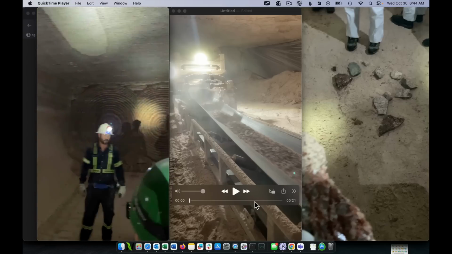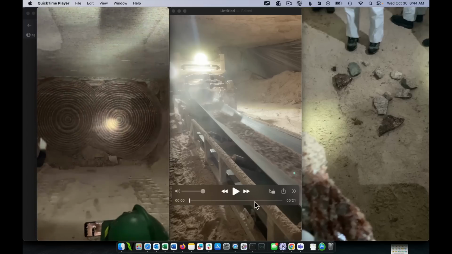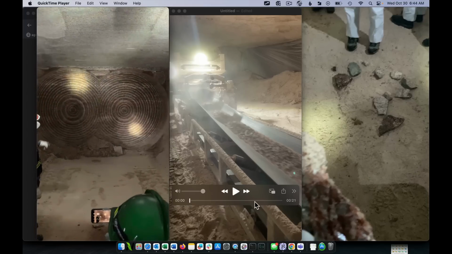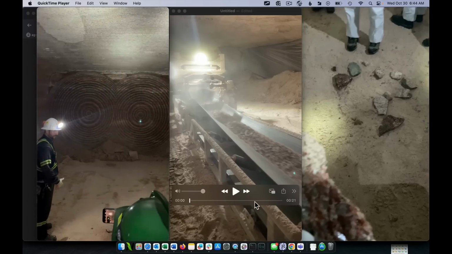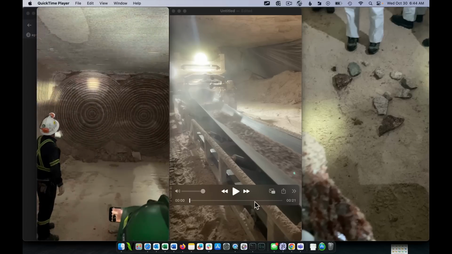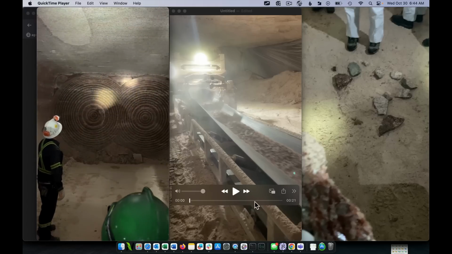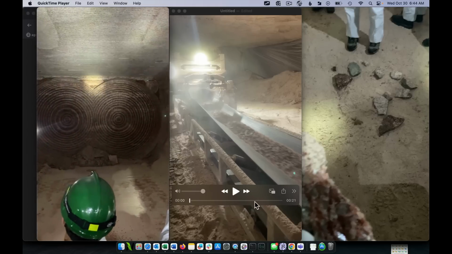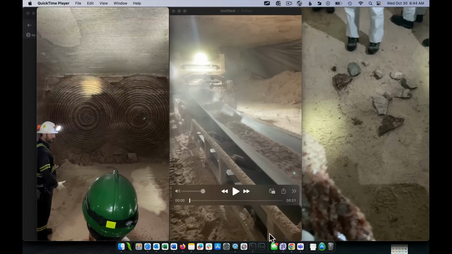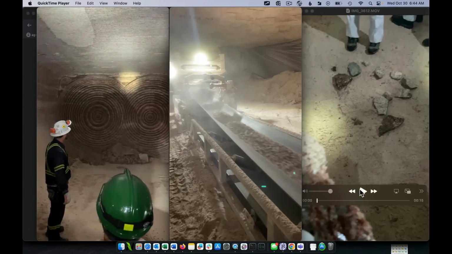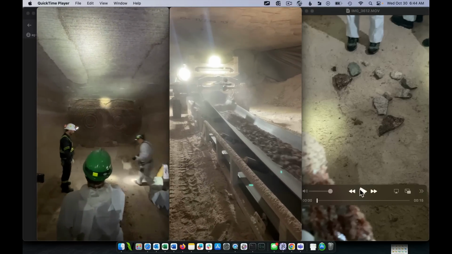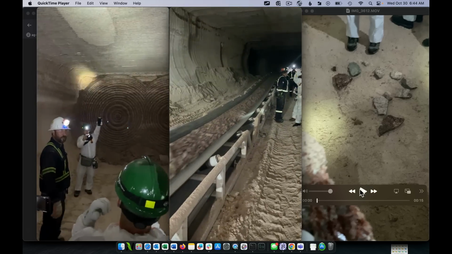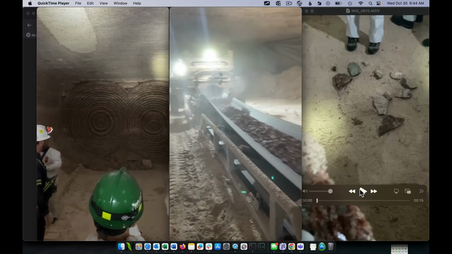Now, if you look in the background right there, you see the two large concentric circles. That is where we just mined fresh potash. So I'm the first person to see that, like ever. And that is the first time that's been exposed in 380 million years. And it's very quickly put onto a conveyor belt, which you're going to see here, and taken back. Now, how far? I think we were about 13 kilometers from where the elevator was.